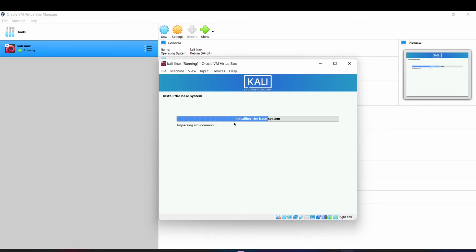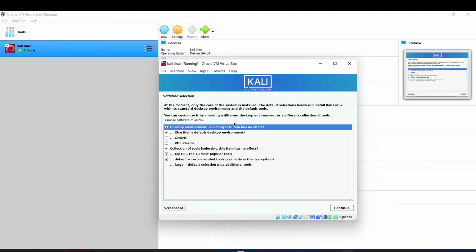So we will wait, and I will be back when the system completes the loading. The entire speed depends on your system speed. Don't worry if your system is slow. Give it time, take a cup of coffee and come back, then the installation will be completed. Don't interrupt the installation in the middle.